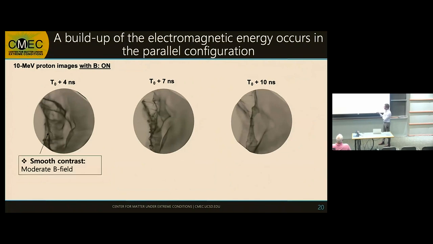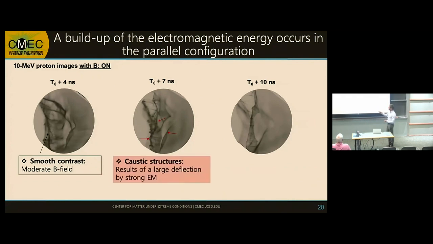So the one on the left, that's the one we take earlier in time. We have a smooth contrast on these images, meaning we've got a more moderate magnetic field compared to the one that I just showed you, where we've got what we call caustic structure. So it's sharp structure with a strong accumulation of protons, which means that we've got a stronger electromagnetic field. The one later in time, in fact, what is interesting is very similar structures, but in addition,